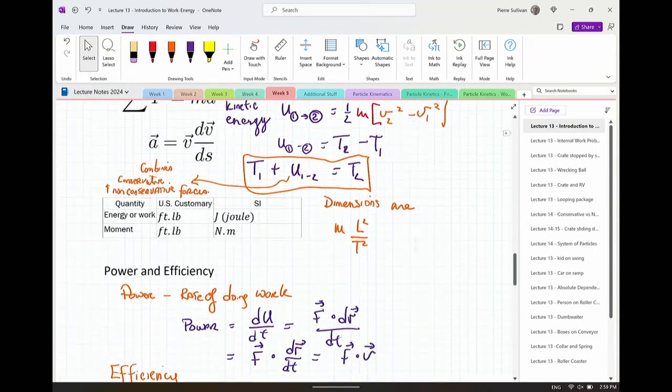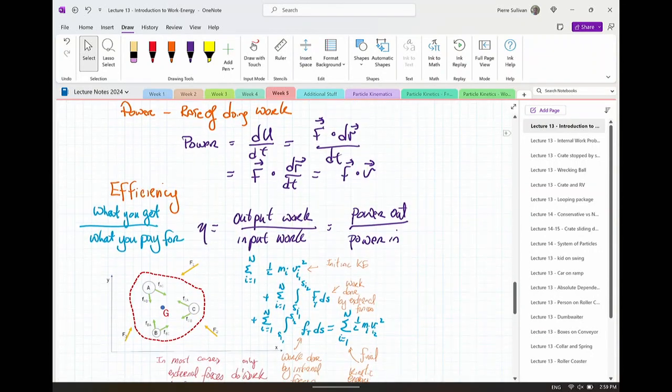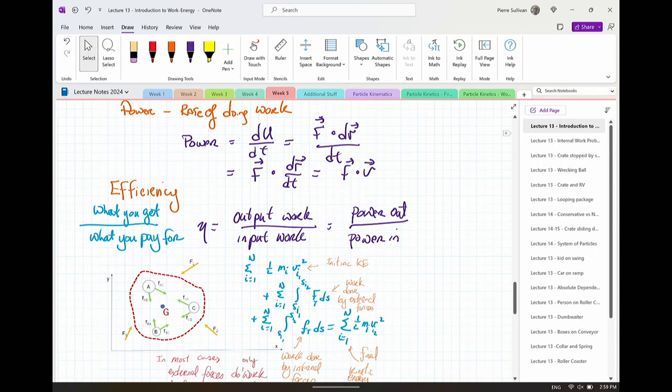So we re-derived all of this. Oh, and power. The other thing I kind of want to remind you is that we have force dotted with velocity that gives us power and efficiency, which is kind of useful. Finally, we looked at